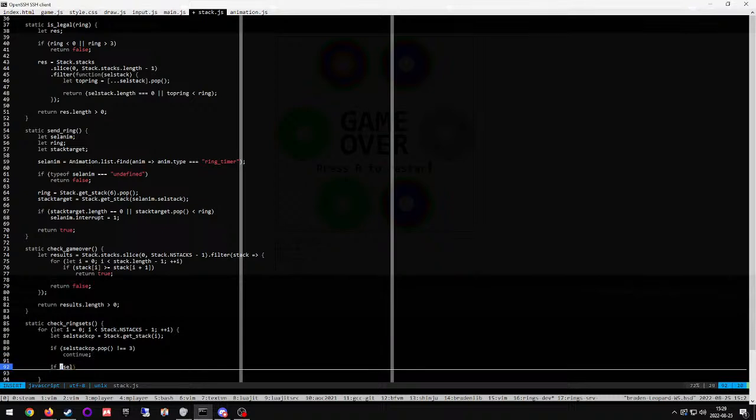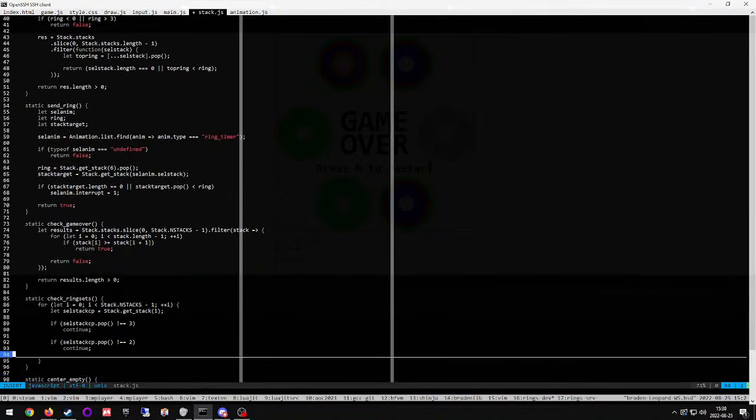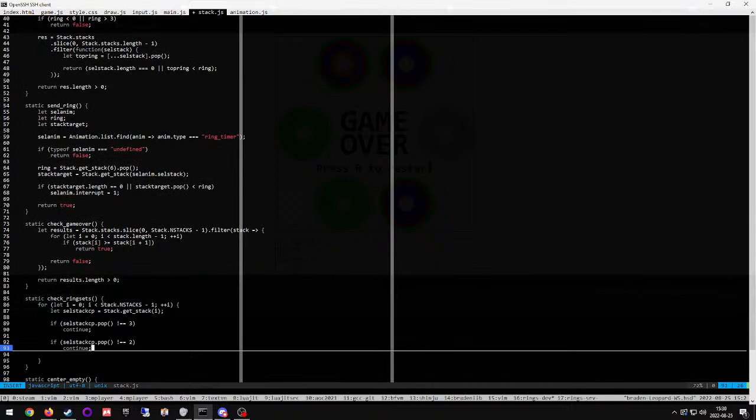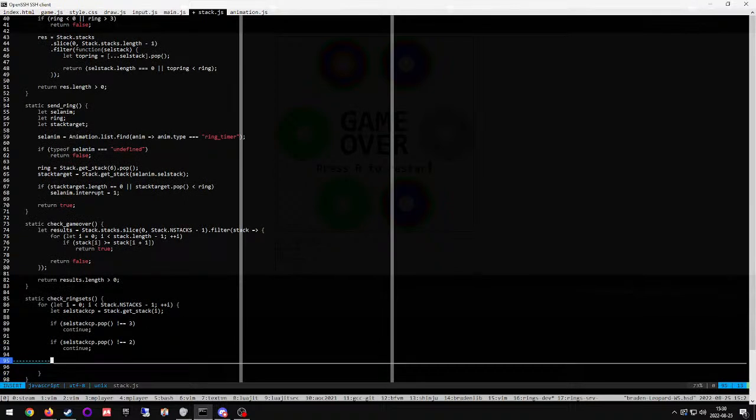If cell stack cp.pop isn't equal to 2, continue. So once the top and the one right under it have been confirmed to be 3 and then 2, then